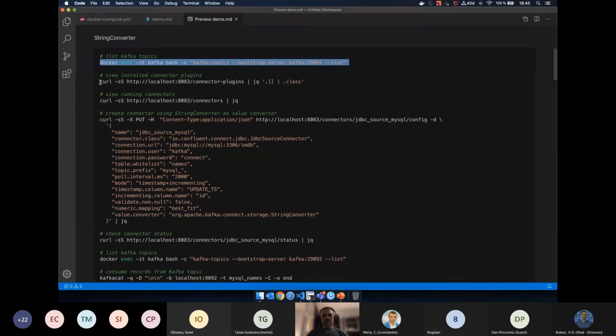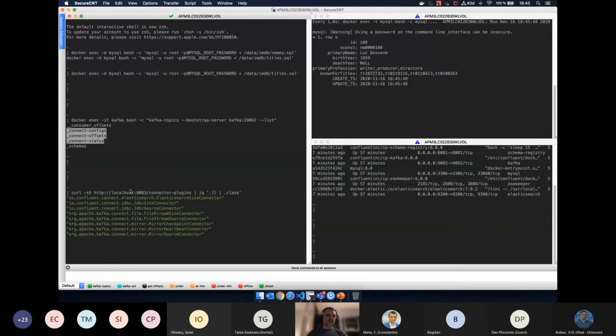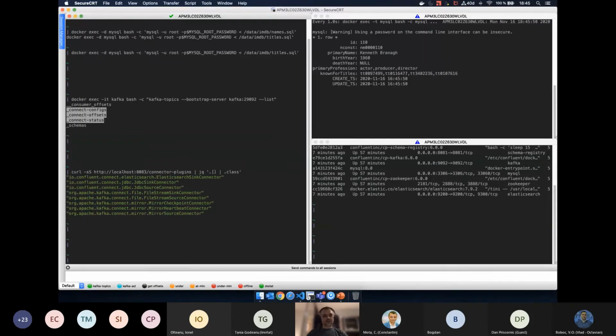As I've mentioned, in distributed mode, all the configuration except the worker config is done using REST. For example, we have this REST call against the connector plugins endpoint. With this call, we can check what connector plugins we have installed on our worker.